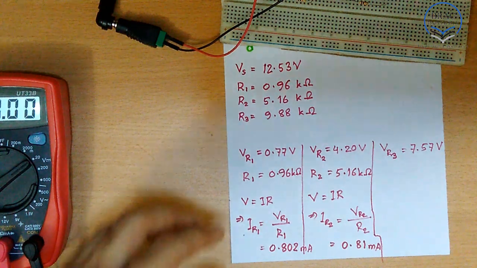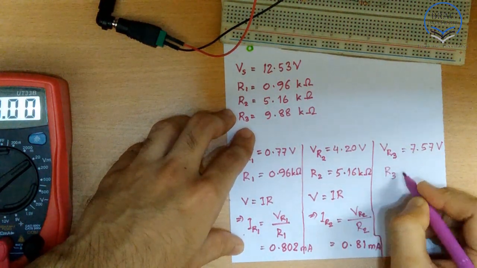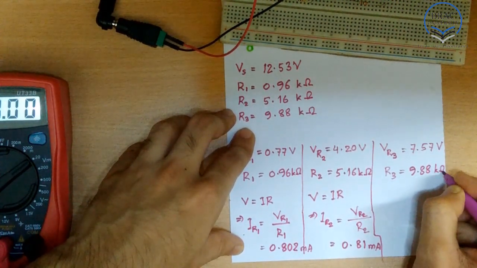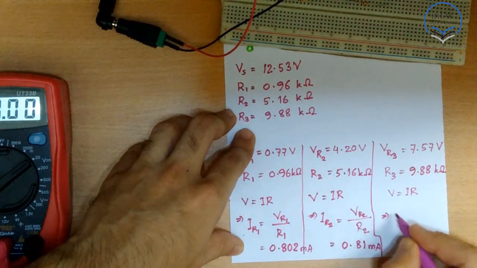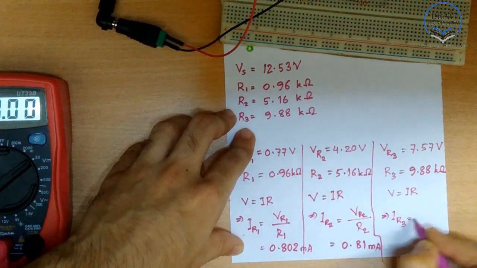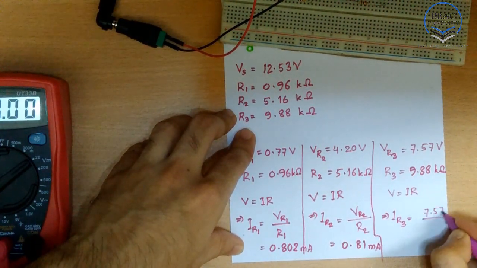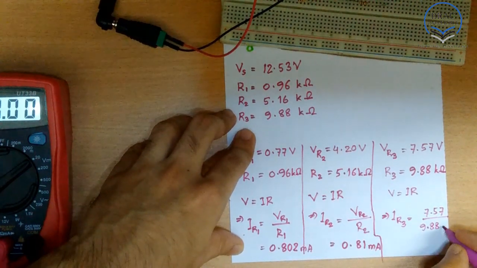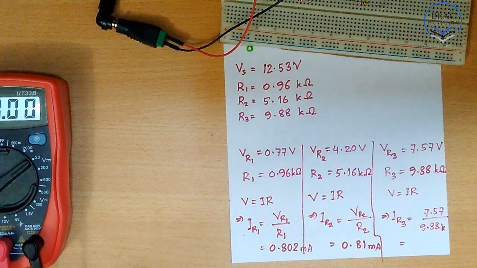And similarly for the current IR3, we need the value of the resistance R3, that is 9.88 kilo ohm, and applying Ohm's law we get IR3 is equals 7.57 divided by 9.88 kilo ohm. So we get the value of the current as